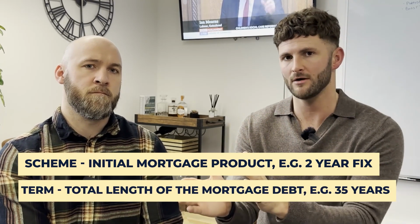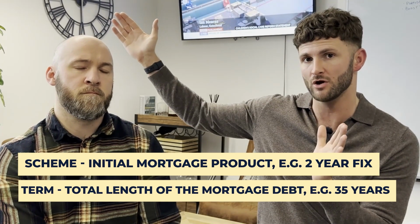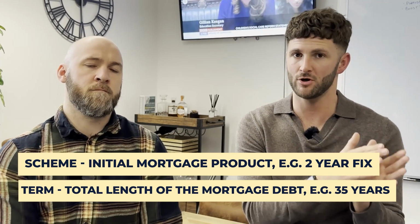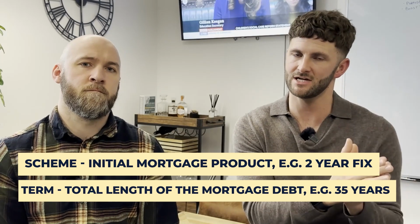Your mortgage term, which is the total number of years that you've spread the entire mortgage over, is very different. When you first purchased the property, you may have taken out a 35-year term and initially locked yourself into a 2-year fix. So when you come to remortgage, if you just want a continuation of the mortgage term so that you're continuing to clear it down and at the end you'll be mortgage free,